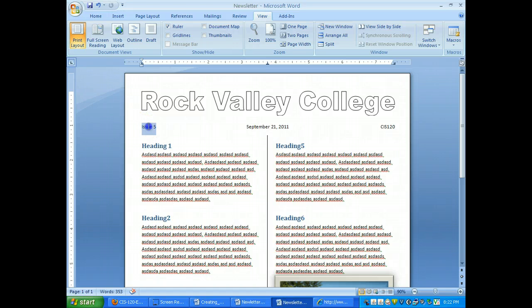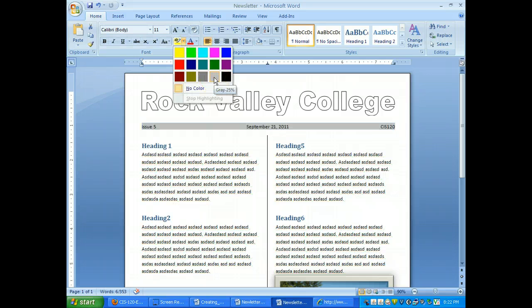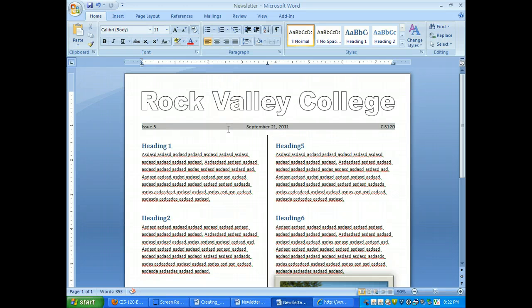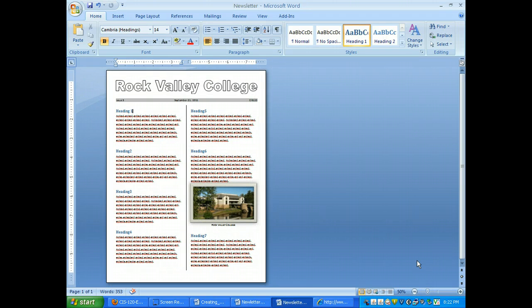So I'm going to select that whole line, go to my Home tab, highlight color, and it's this one right here, gray 25. Control S, and we're done. That's the newsletter. And then you can go in and tweak it some more maybe. Maybe you want to move that picture a little bit, move this text a little bit, possibly,